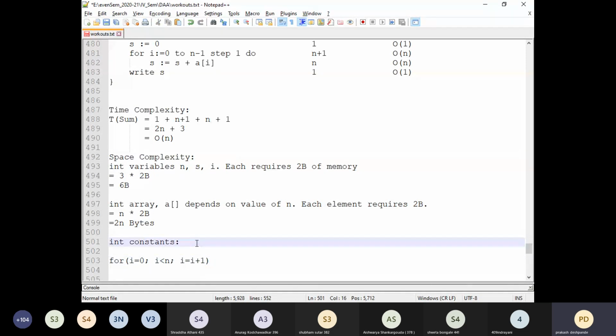So we have one constant here. Later that value is updated into the variable I as part of the assignment operation, so we can ignore that. So the total number of constants in this algorithm is 1. Did you understand how we derived the number of constants as 1, not 2?